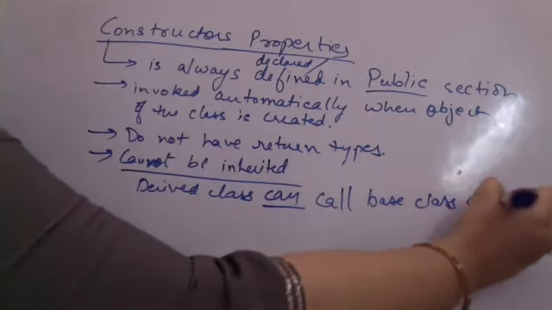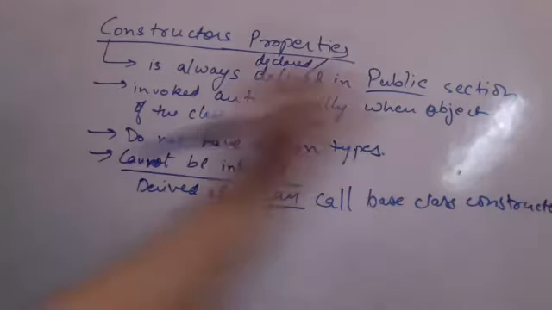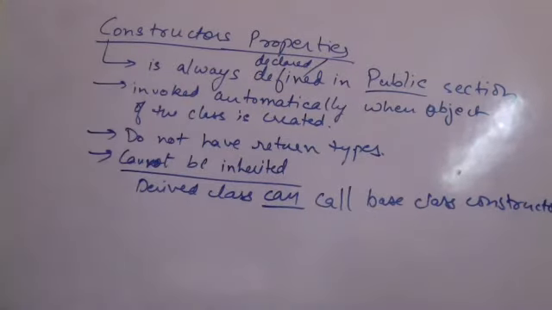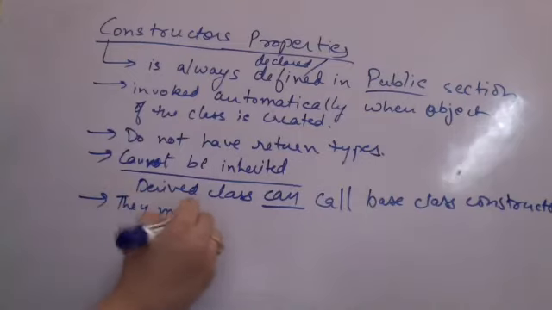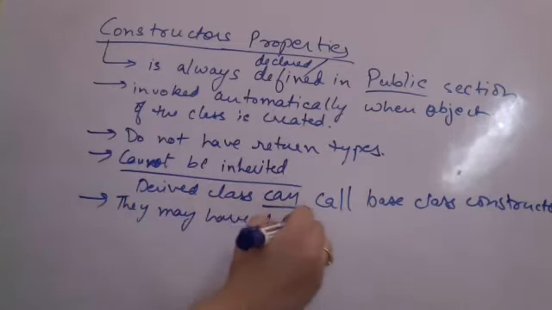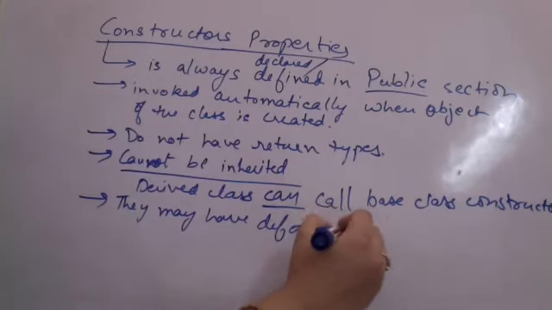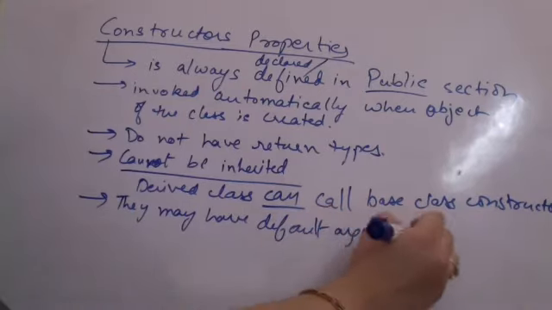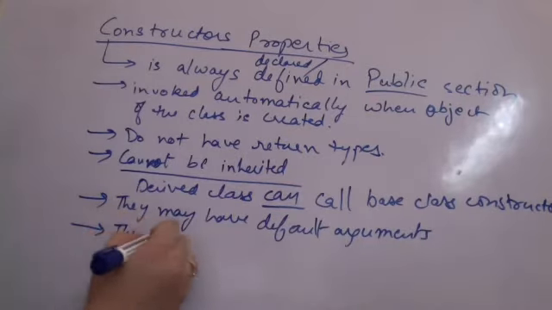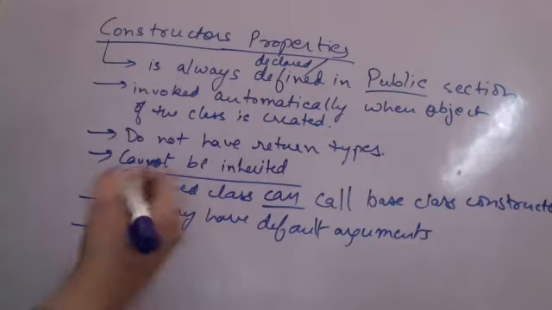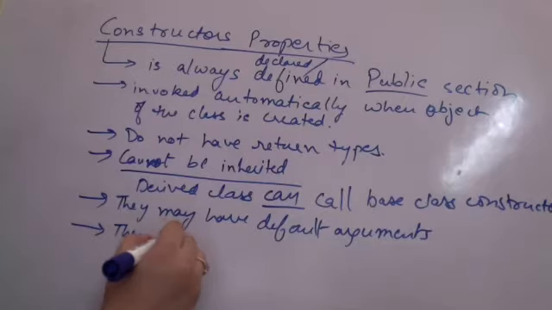But the constructors are not inherited. I will repeat that. They are not inherited, even after being in the public section. We'll do this when we go to inheritance in more detail. Like any other function, they can have default arguments. All of you know what default arguments are. We have covered that part. So if you are missing some arguments, they can have default arguments. They cannot be virtual. Again, what are virtual functions? We'll do that very shortly. So they cannot be virtual.